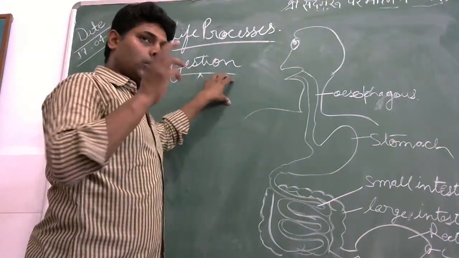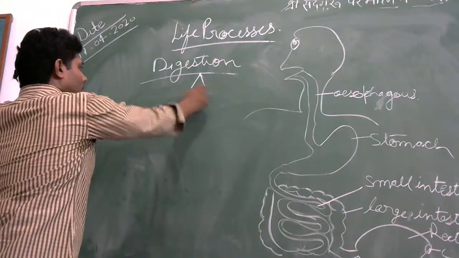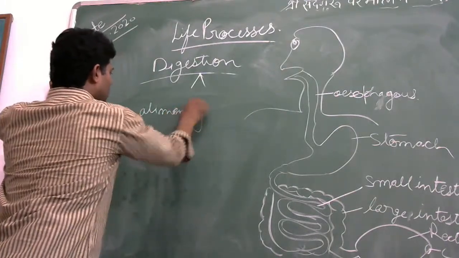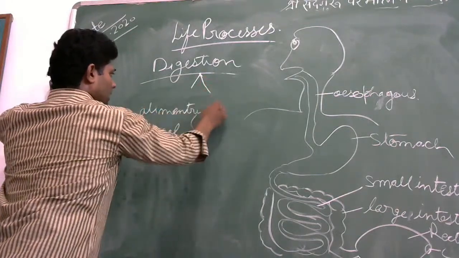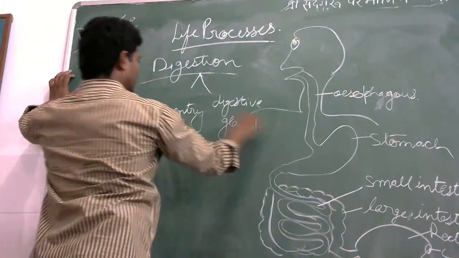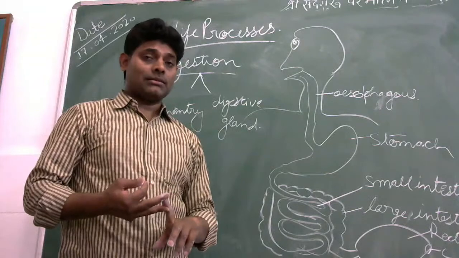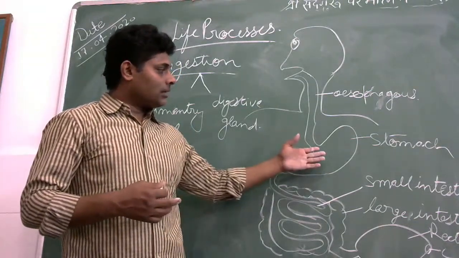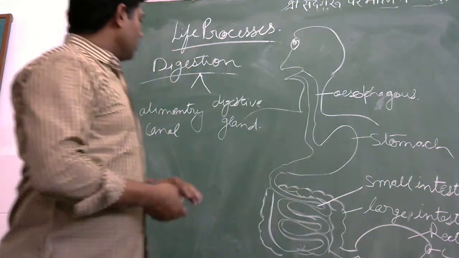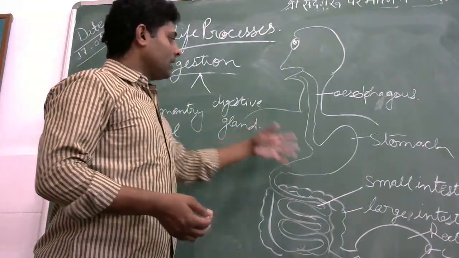Basically, human digestion needs two things. The one is the alimentary canal, and the next one is the digestive glands, right? So the digestive glands are liver, pancreas, gallbladder, basically liver and pancreas, and some other goblet cells. So first of all, we will discuss what happens in the alimentary canal and simultaneously the function of these digestive glands